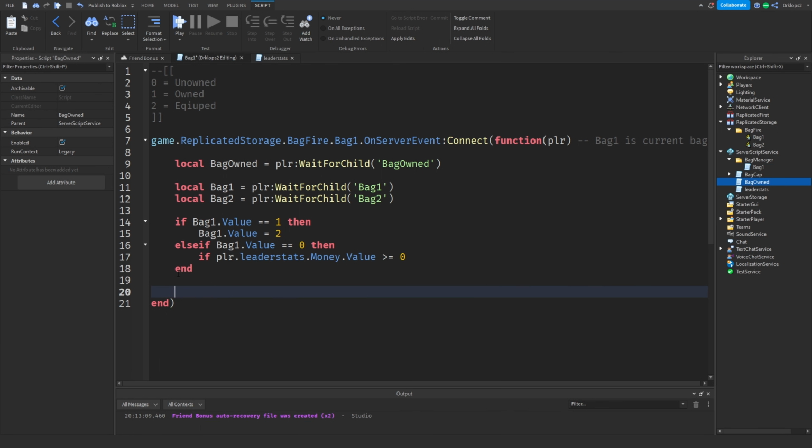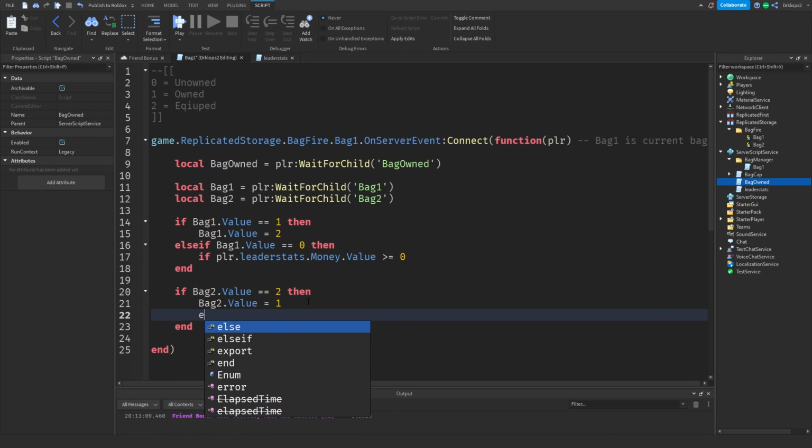Okay, and then now it's where our second bag comes on. Now we're going to go if bag2.Value is equal to 2, then bag2.Value is equal to 1. And then what we can also do is, you know what, actually no. So since we only have one bag, we kind of have to do this. But if you have multiple bags, then what you're going to want to do is right in here, we're going to drop a line, and then else